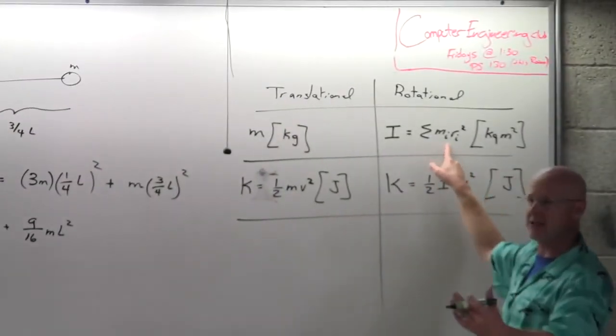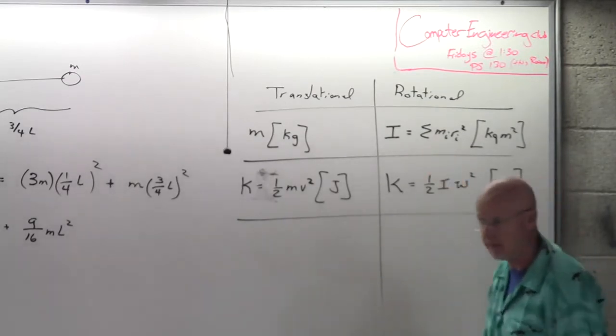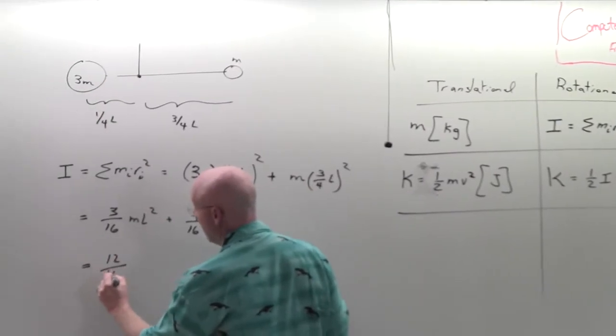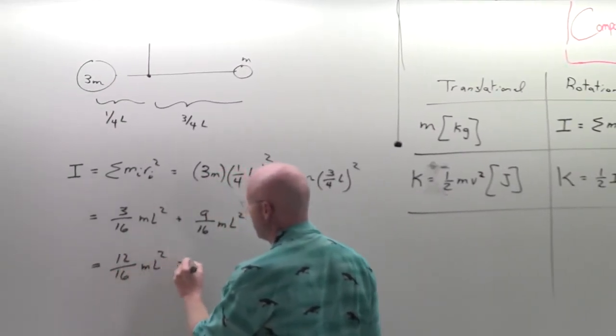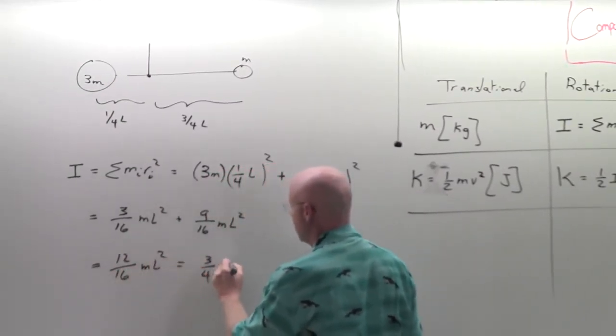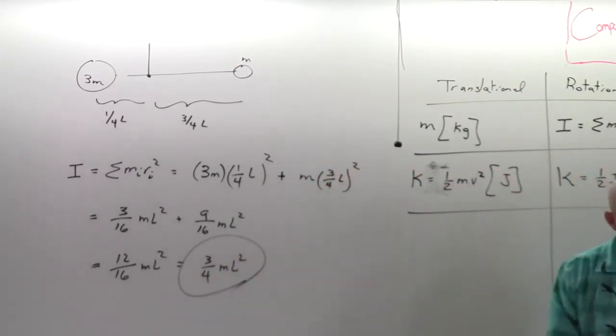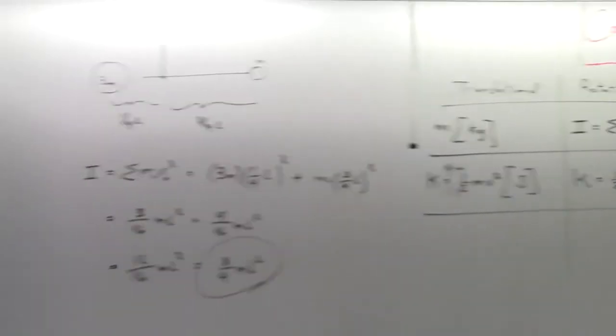It's not just how much mass you have, but where that mass is located. Of course, now when I add them together, I take a 9 and a 3, that makes a 12. 12/16 L squared reduces to 3/4 mL squared. And so the easiest one to do, I think a little bit easier than this hoop, is to say, what